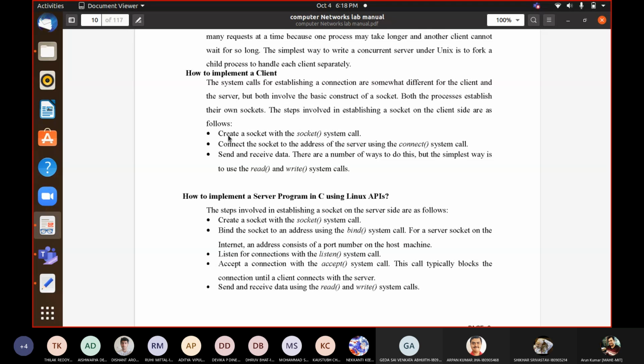In general, we can call them sockets, but there are other types of sockets also. Here we are using the Unix type of socket, the Berkeley socket, and the Linux API. When we invoke this socket system call, it will return a file descriptor corresponding to the socket. A file descriptor is nothing but an integer data type, so you can take the file descriptor in any integer variable. The socket call will return that, and after the creation of the socket, we can go ahead.